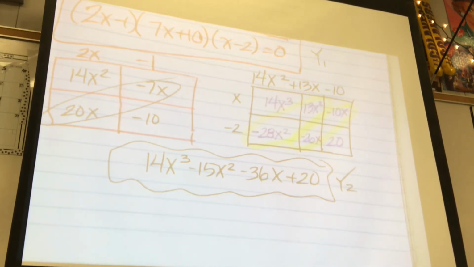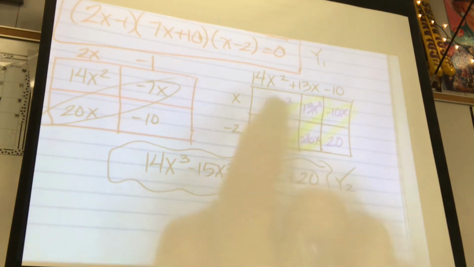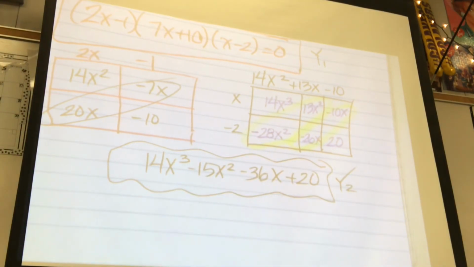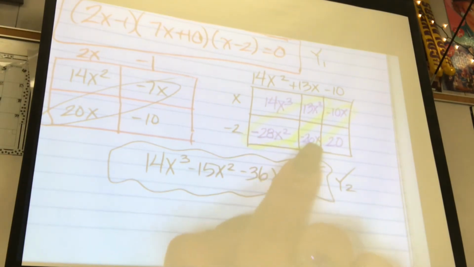How would you get the 20? 26. This one? No, the one on your right. How do you get 14x squared times negative 2? Oh, no, I know. Oh, is that 26 right? This one? Yeah. Negative 26. Oh. 13 times negative 2. That's how x plus negative